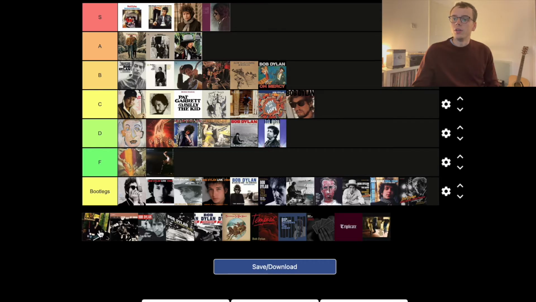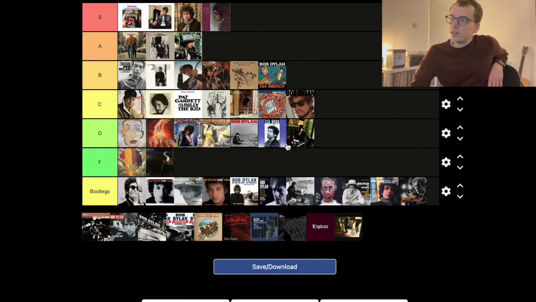But I just know if they're not enticing me to go back and listen to them, then they're probably not up to scratch. World Gone Wrong is a similar case. It does have a good track. What's that track called? It's got blood in the title. Again, this is an album that I really should revisit, because I do remember it being better than the few that came before it. But for the sake of this tier list, I'm going to put it in the D tier.